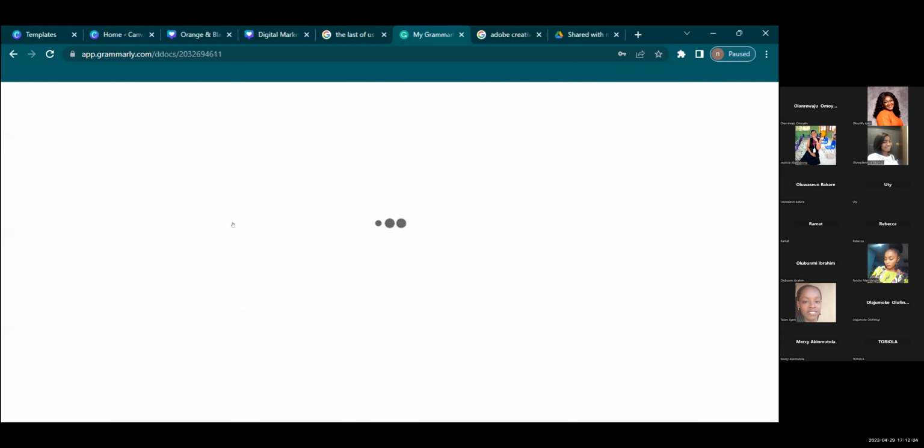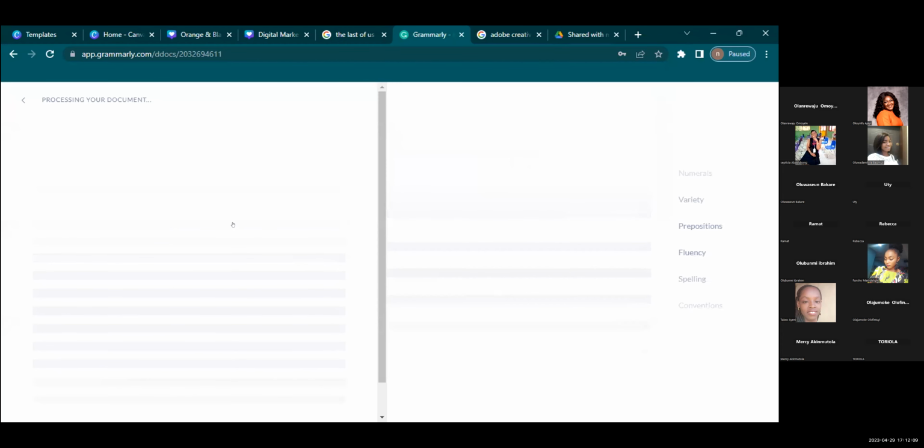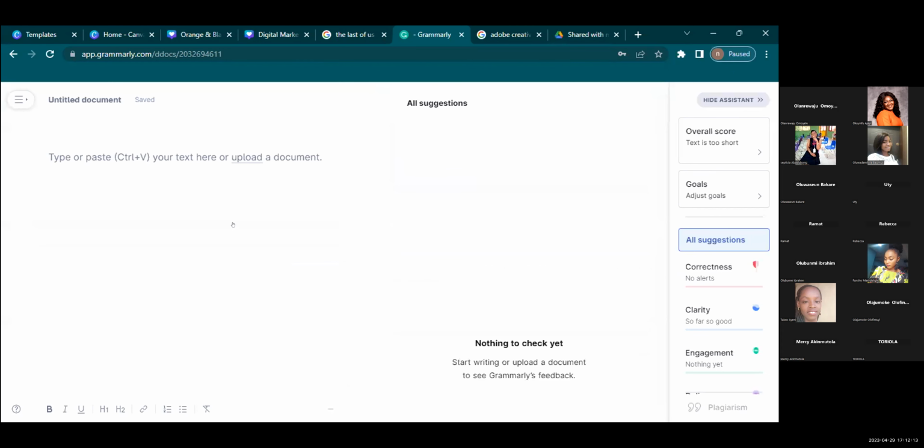You can upload a document. Let's say you have your report typed in a Word document. You can upload that Word document directly onto Grammarly, or you can copy the content and paste it into Grammarly. Let me pick a document so I can see how it would edit it for us.